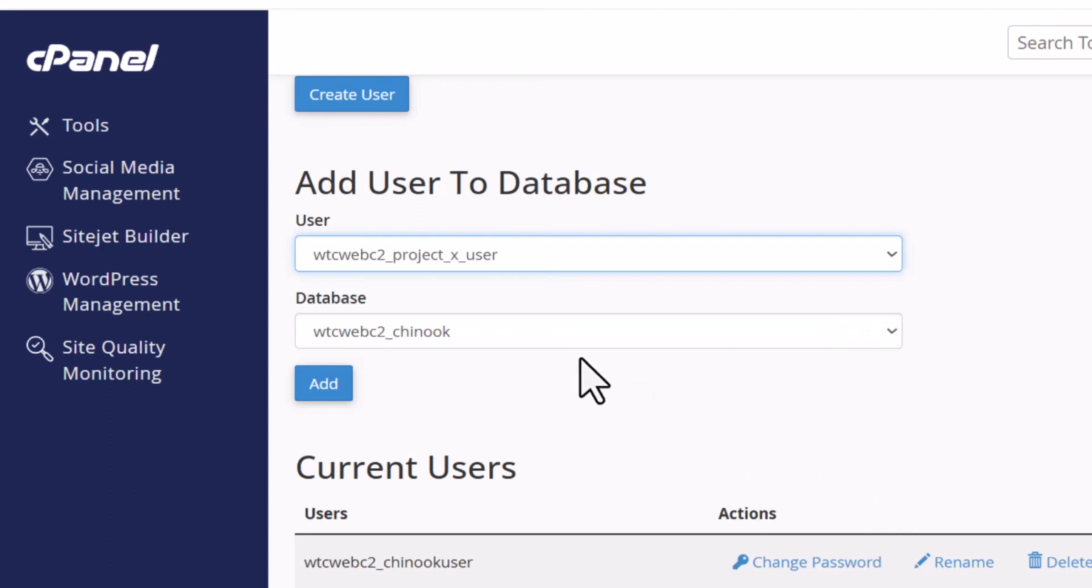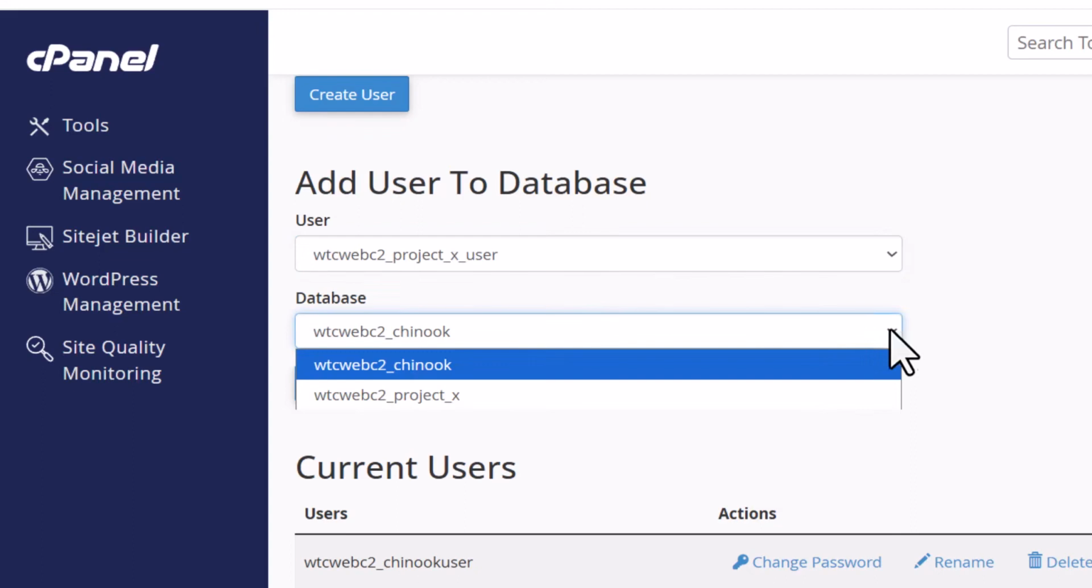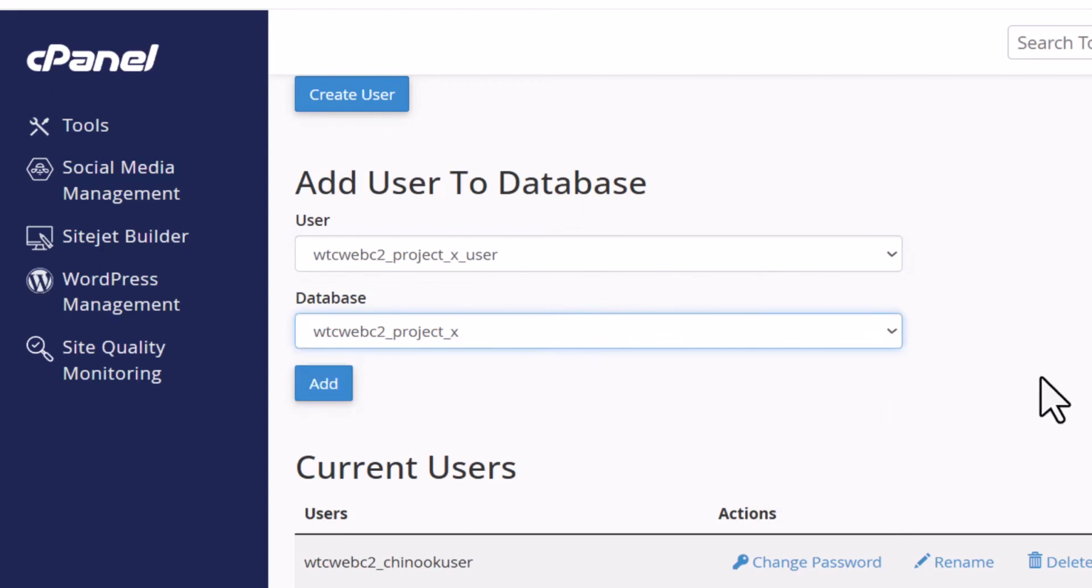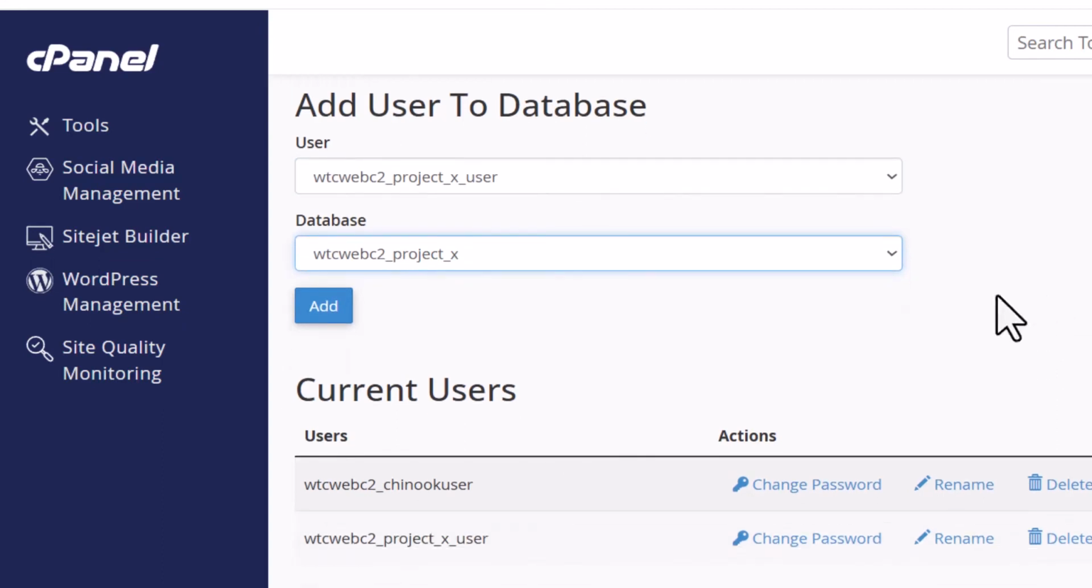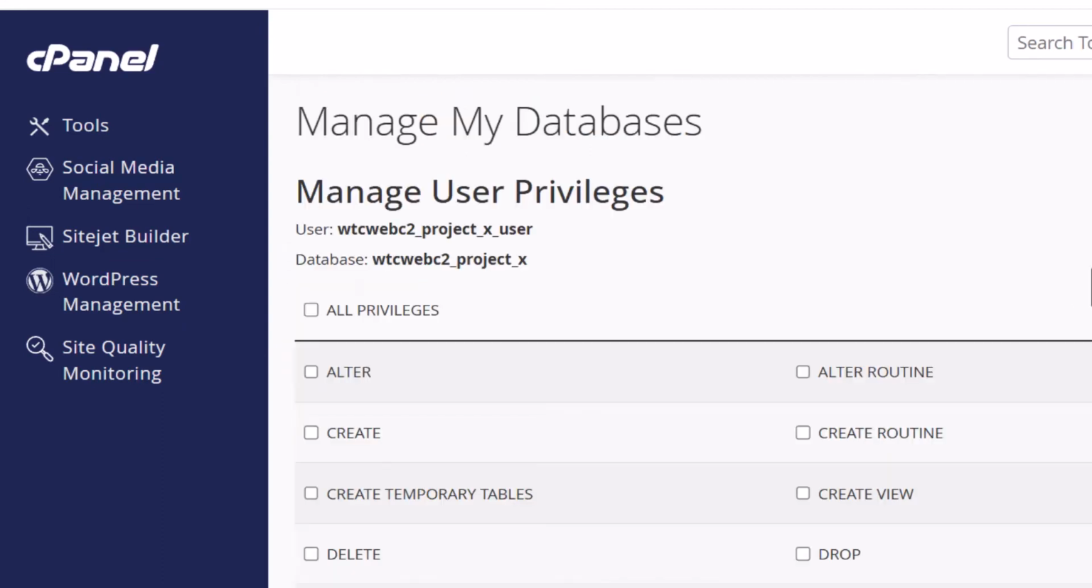And then you want to select the database that you want to associate them with. So here, there we go. We want to associate the project X user with the project X database like that. And then we can go ahead and click add here. All right, and now what it's asking us here is what permissions do we want to give this user on